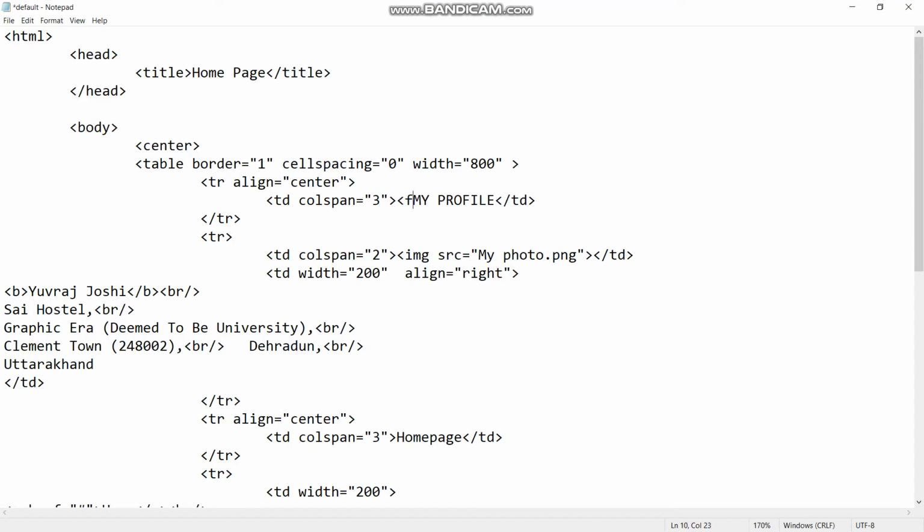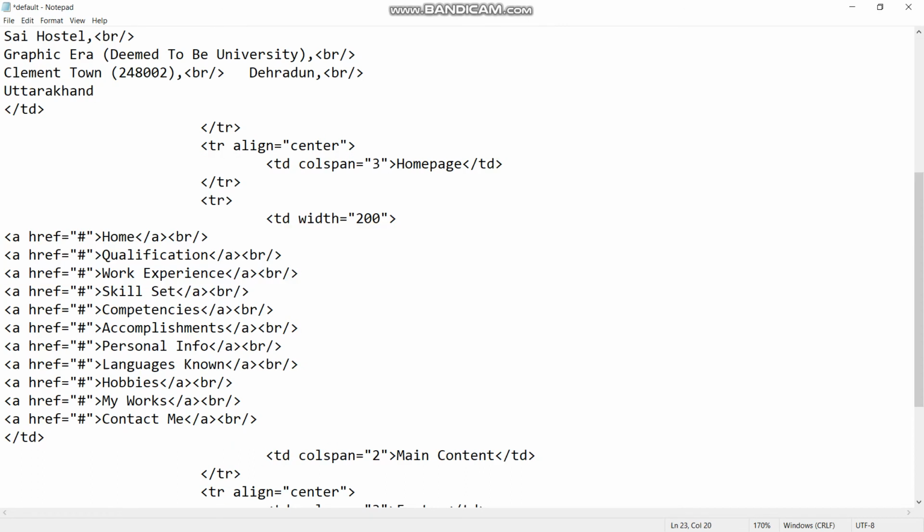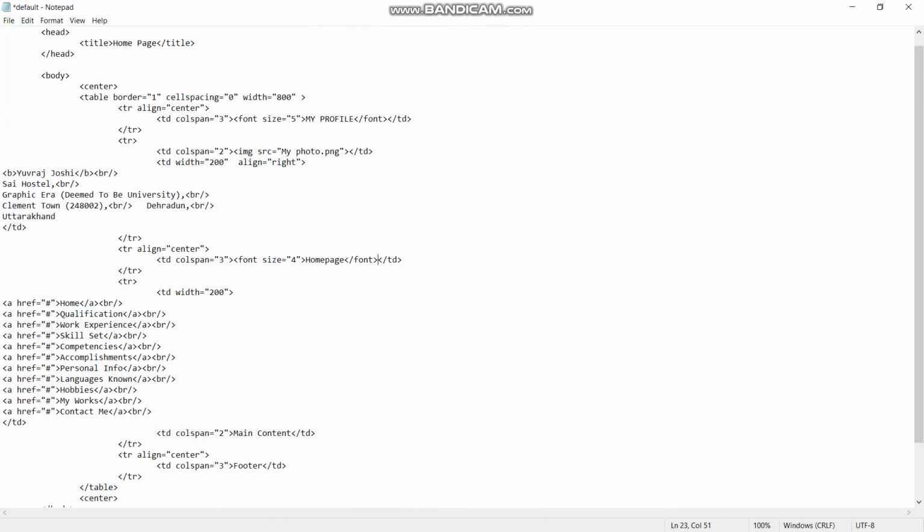So firstly what I will do is I will style my whole page. I will give font size to my profile so it can look good, and similar thing on the home page, font size, but I will give the font size here as 4 and just close the font, save, refresh.